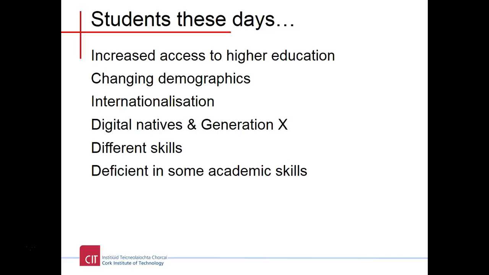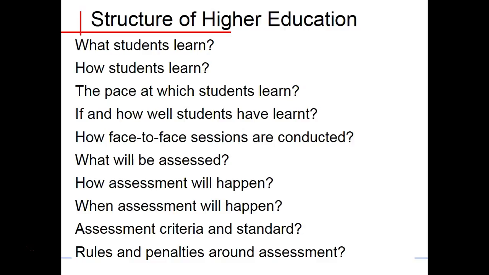And there certainly is evidence and a lot of discussion in higher education that many of them are deficient in some key academic skills, and that does present problems. But I think we'd be remiss just to blame our students, and I think we also need to think about the structure of higher education, and who